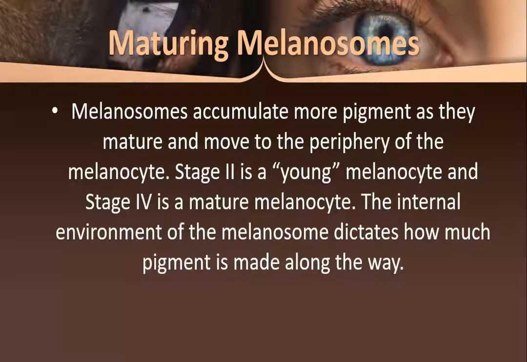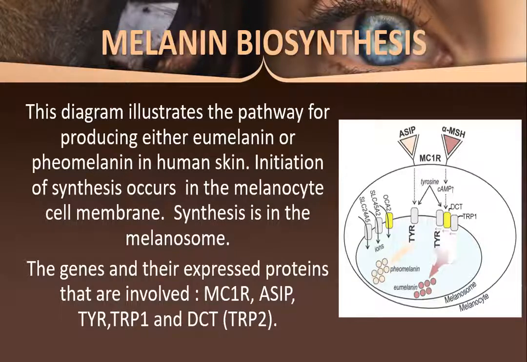Okay, the internal environment of the melanosome dictates how much pigment is made along the way. So definitely the internal environment of the melanosome matters. So this is actually melanin synthesis, which is important. This is actually a part of your physiology, how melanin is produced. First of all, you can observe a diagram here at the right corner of the slide, in which you can